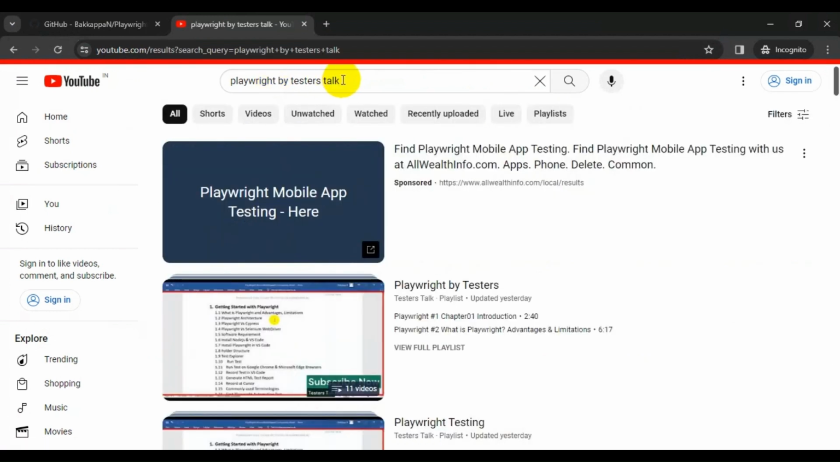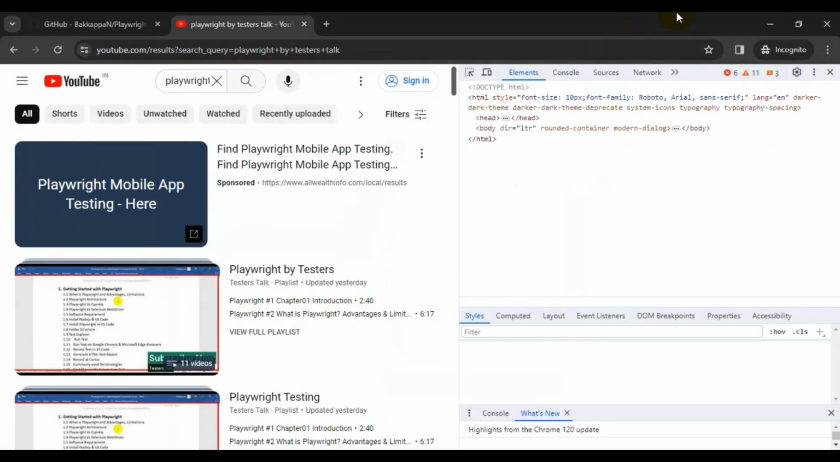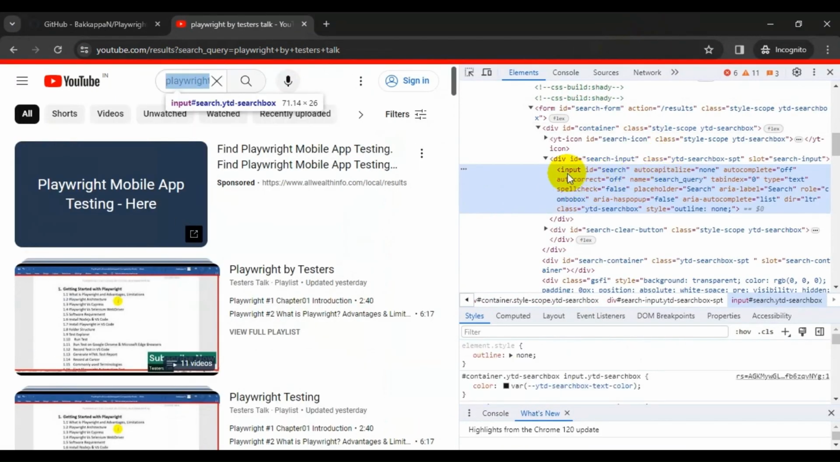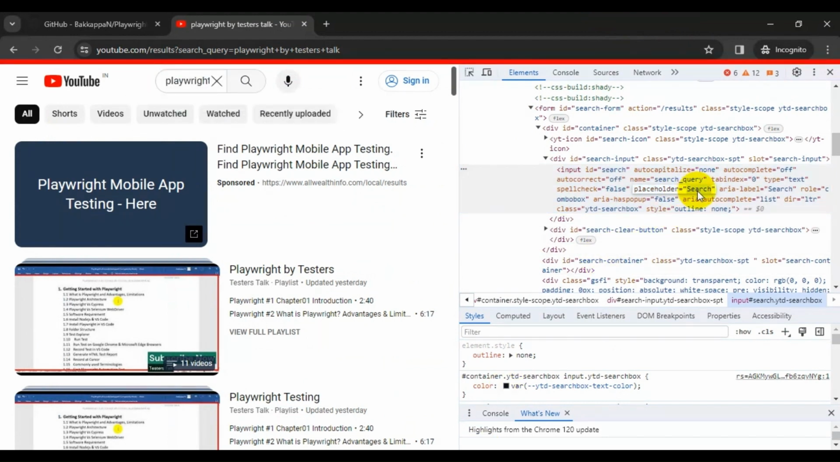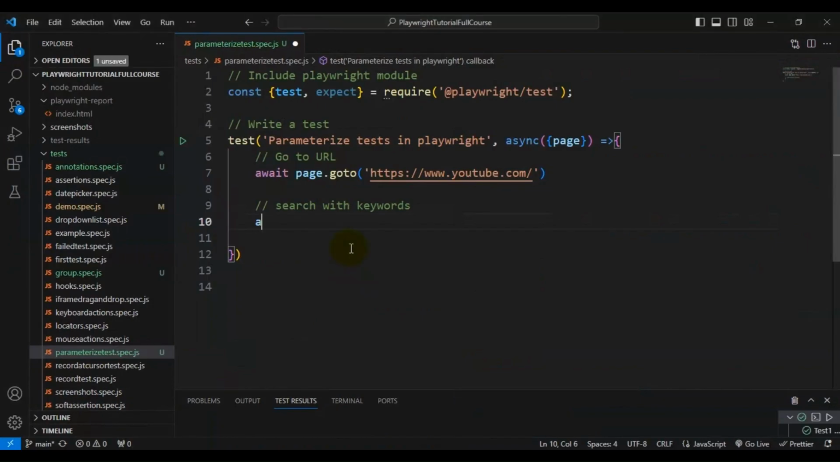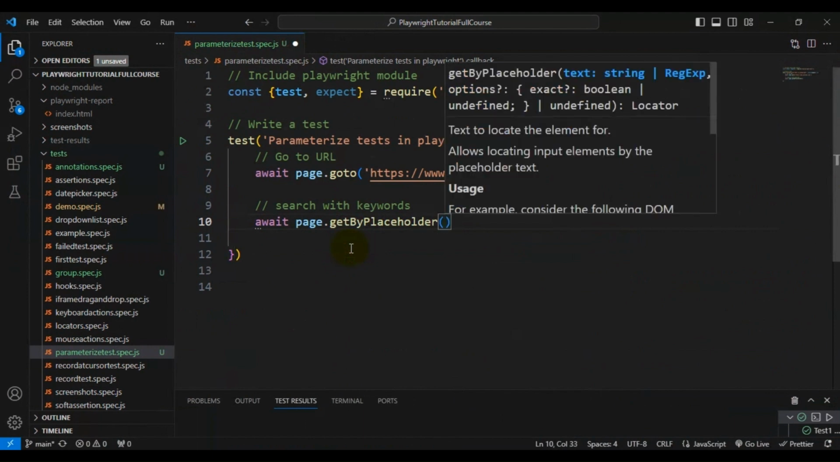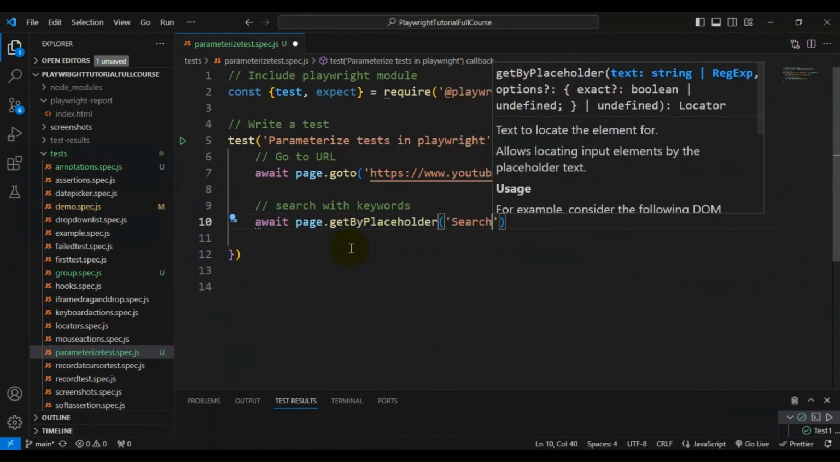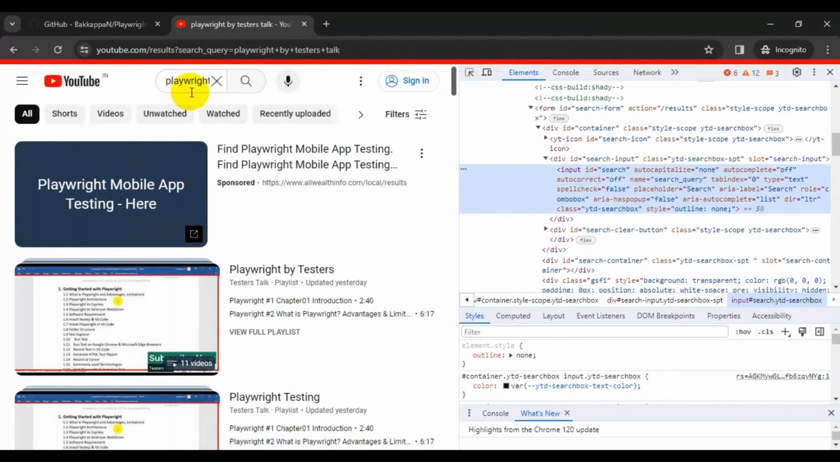So let's inspect this search text box first. I will go to inspect. And if you see here, in this particular input tag's details, I'm using placeholder equal to search as the value. So here simply I will copy this search value, and here I'm using await followed by page.getByPlaceholder, and inside this I will add the value as search. Firstly I will click on this search text box,